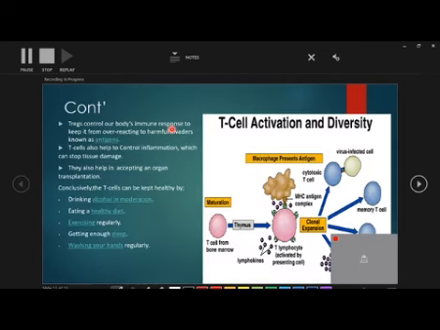As a continuation, Tregs help to control our body's immune responses by keeping it from overreacting to harmful invaders like antigens. They also help to control inflammation, which stops tissue damage. They also help in accepting organ transplantation. This is a diagram that highlights the activation of those T cells and their roles